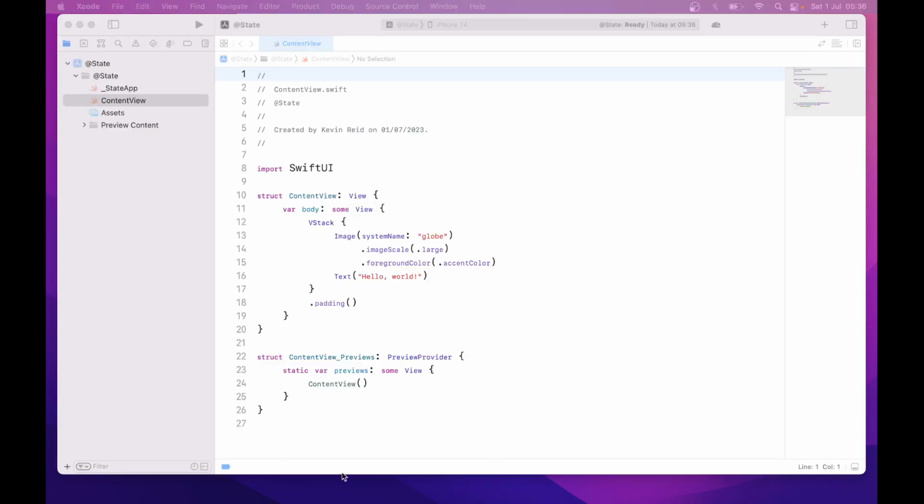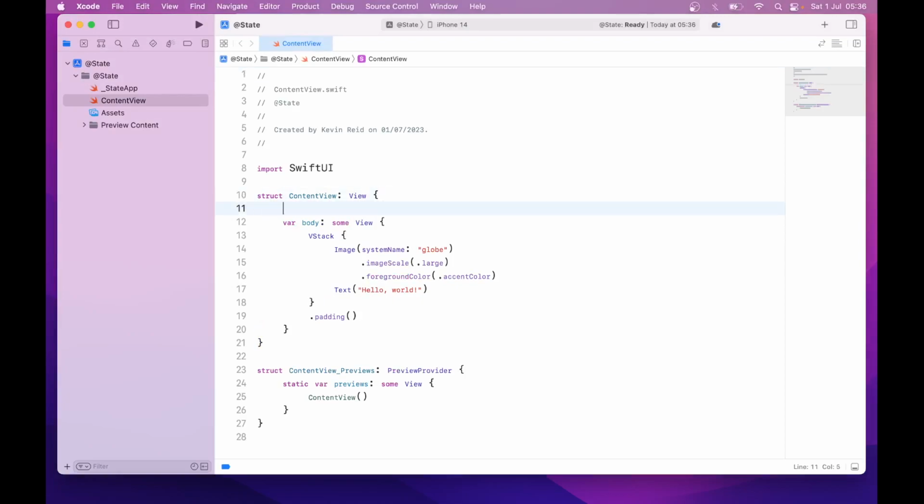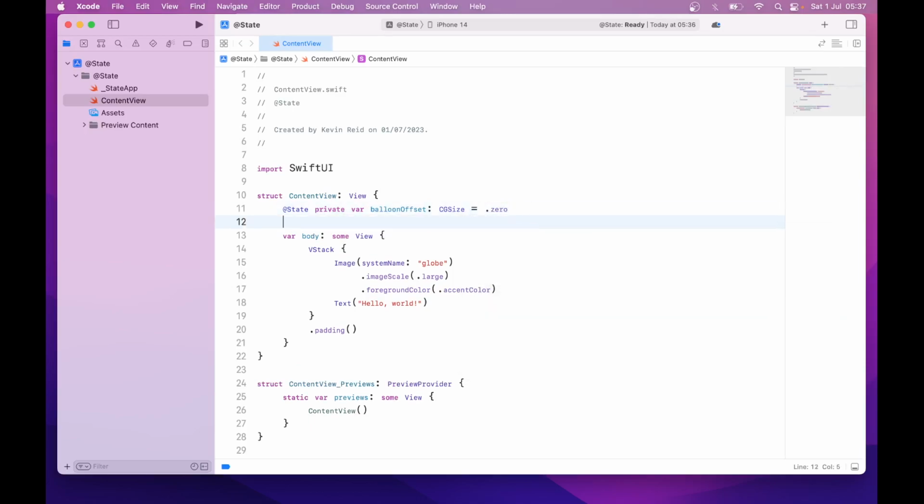Within your content view, on line 11, enter the following: @State private var balloonOffset: CGSize = .zero, and then for your next @State variable, enter the following: